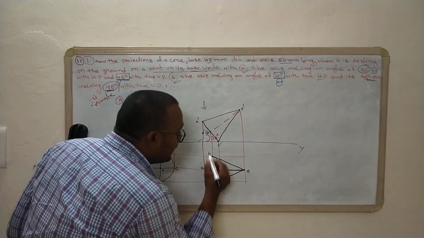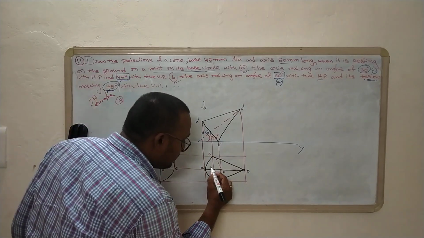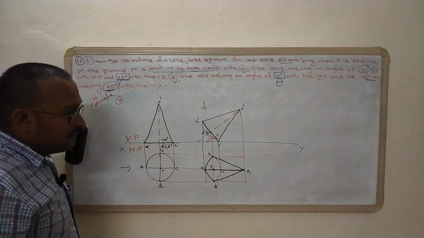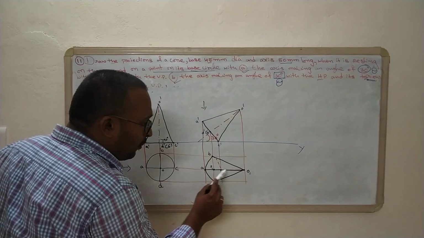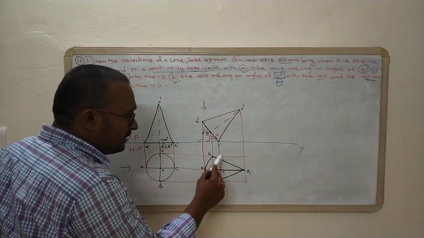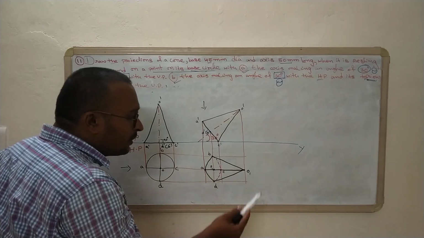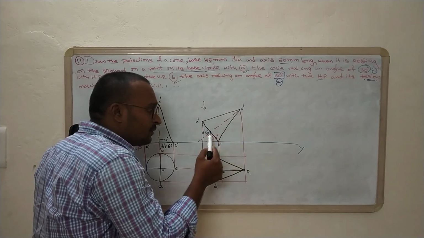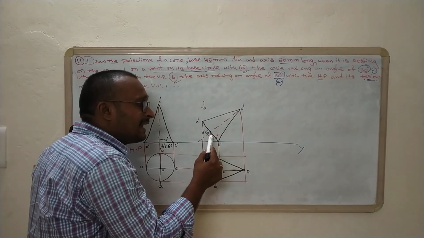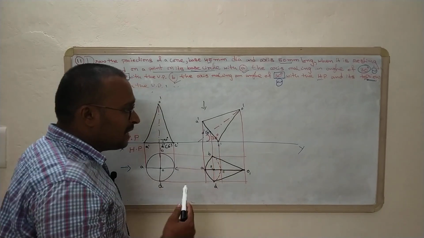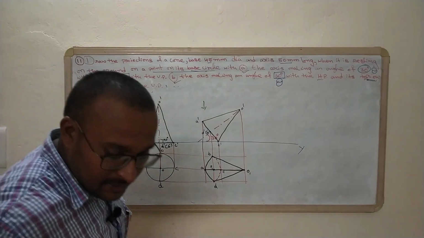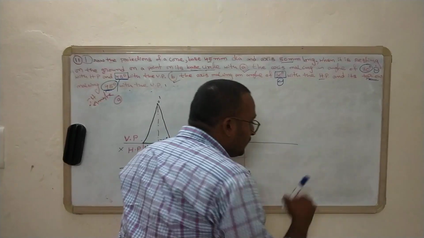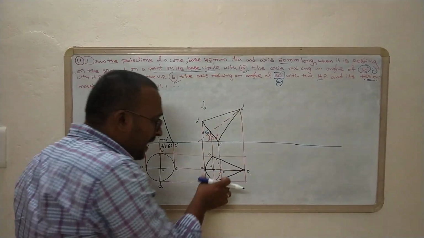Let us say here it is P point, P1O1. So now we need to rotate it. Here, this is the top view length of the given problem, right? Even when we are solving a line inclined to both the planes problem, initially we must imagine that the line is inclined to one plane and parallel to another plane. So in this case, in the same scenario, we have to go with the third projection as it is.